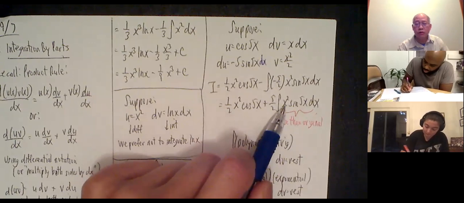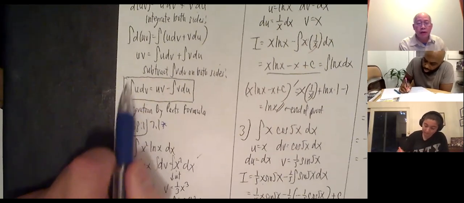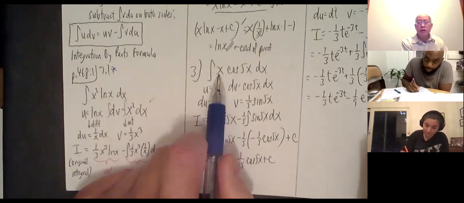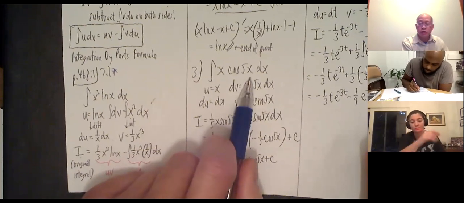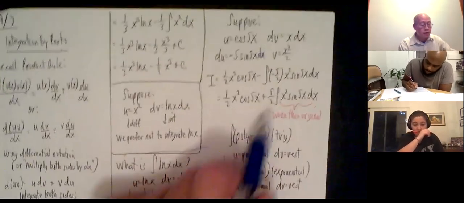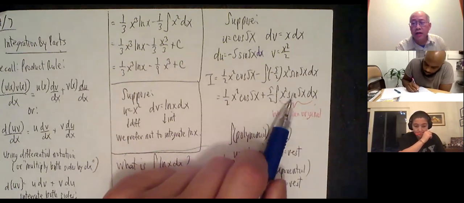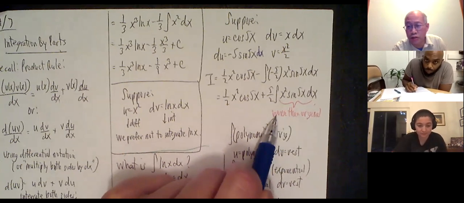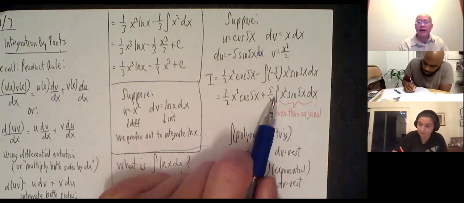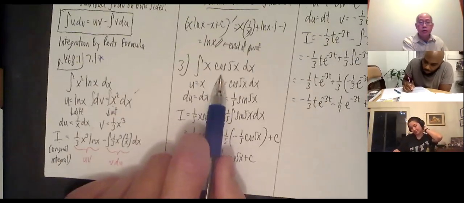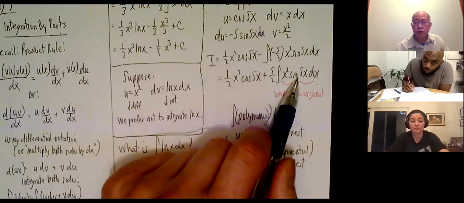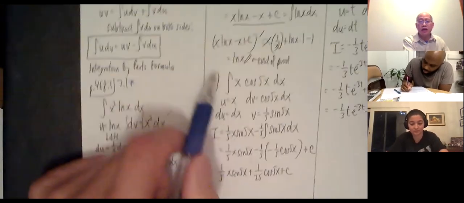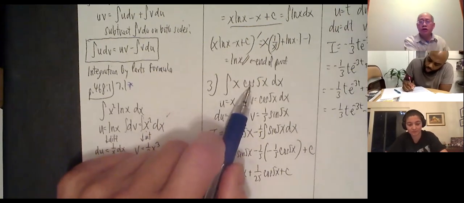But let's take a look at what we had. The idea is to get a nicer integral. By doing this integration by parts, I want to get something nicer. Let's take a look at the original. The original had x times a trig function. I now have x squared times a trig function. So it got worse. This is worse than the original. I started with x times a trig function, I now have x squared times a trig function, so it got worse. All right, so that leads us to believe if I have a polynomial times a trig function, I want u